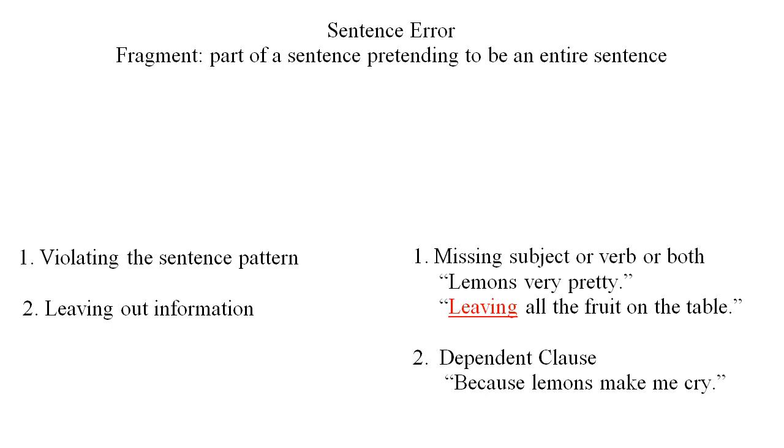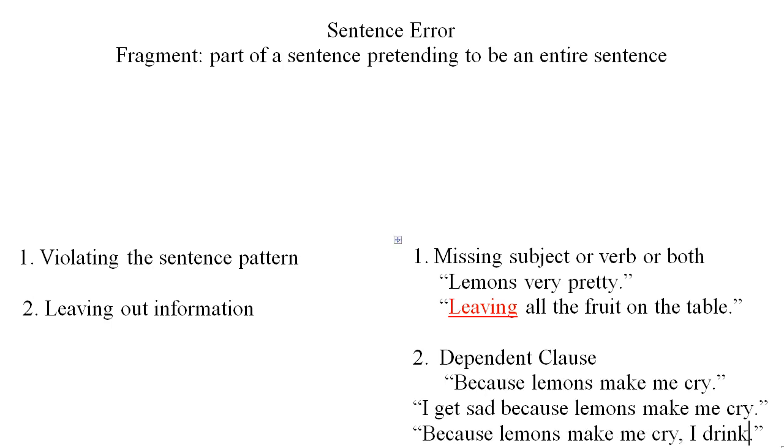In this case, the missing information will be the independent clause that completes the sentence, which, as you will probably remember from your look at subordination, you can put either before or after this dependent clause. You can say, "I get sad because lemons make me cry," just as easily as you can write, "Because lemons make me cry, I drink." The independent clause here works as the answer to the question that the